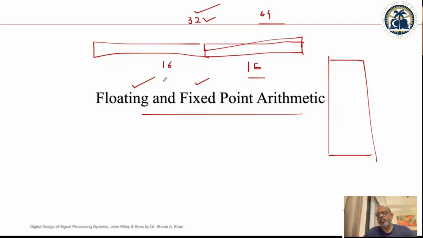And then handling, especially floating point addition and multiplication, is so complex, and you want to make them run very fast. So there are many challenges. The first challenge, once you are converting an algorithm into silicon, is how you are going to represent your data, may it be an image or a video.